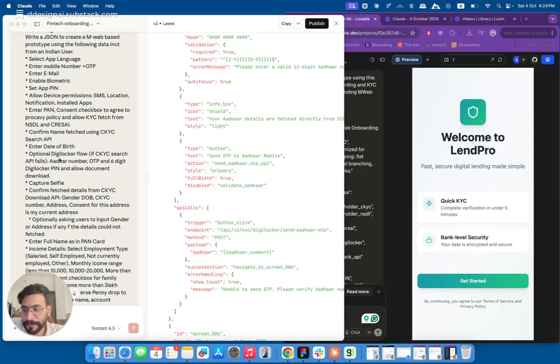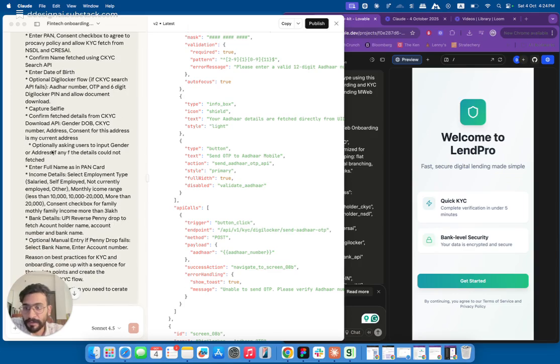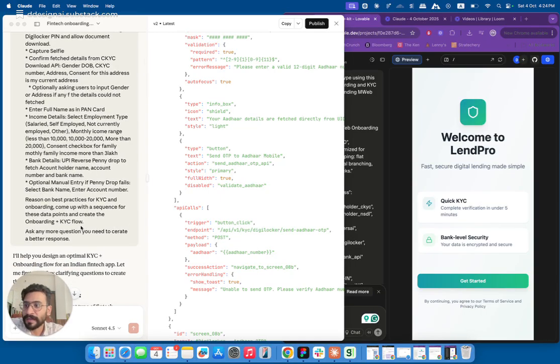DOB, optional flows, selfie. Again, if some data is not being fetched, you can make the user input those, like gender, DOB, CKYC number, address, whatnot, right? Optionally ask users to input all of this: enter full name, income details, select employment type, monthly salary range, bank details. Again, describe a flow like a UPI reverse penny drop. You can focus on how I'm targeting all the data points which are fetched, like account holder's name, account number, bank name, or optionally enter these data points, select bank name, enter account number, and finally ask Claude to create a